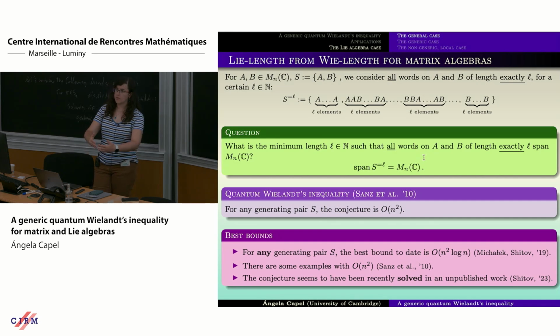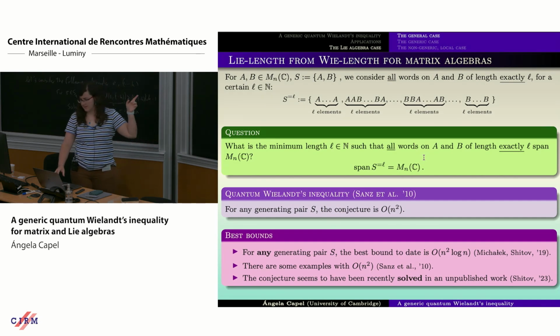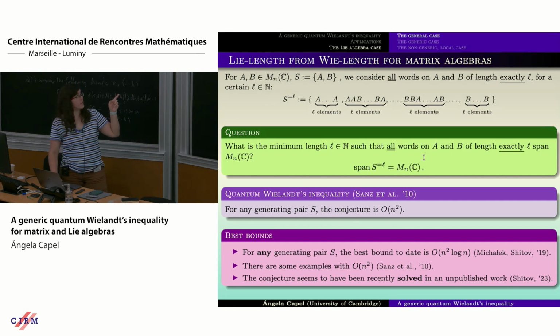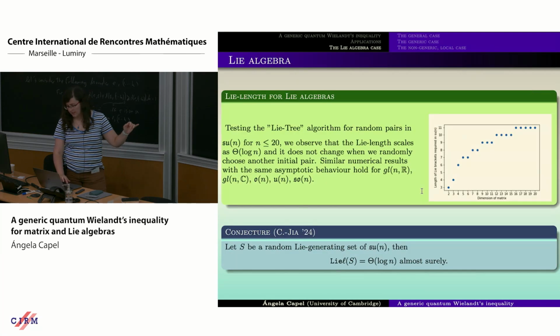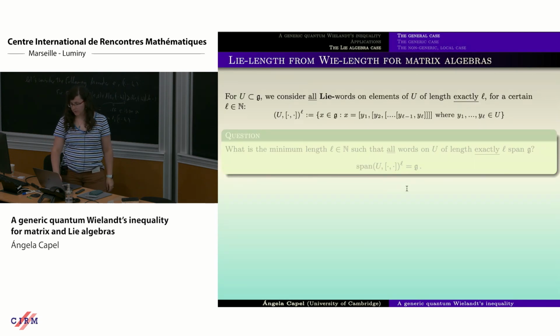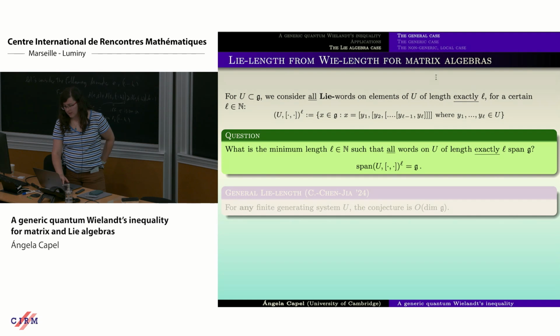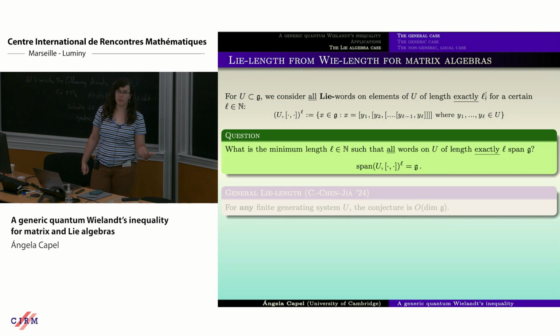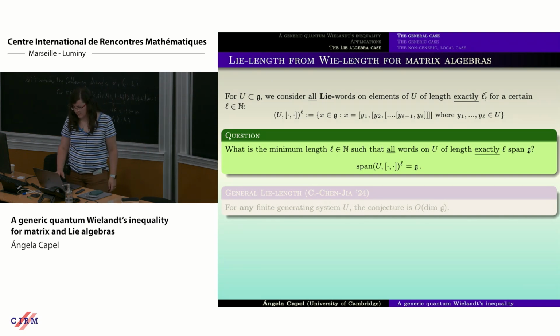So to introduce the results of the second paper, let me go back to the statement of the problem for the Lie length for matrix algebras, because this is what we've been discussing until now. If you remember, we were taking all the words of length L, and now, in this case, the Lie length that I was defining was all the words until a certain length. But what we are going to focus on now for matrix algebras is all words of length exactly L. And this is because for applications it is much more useful for us.